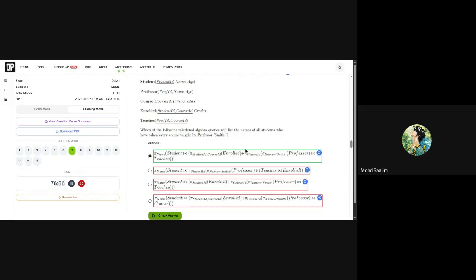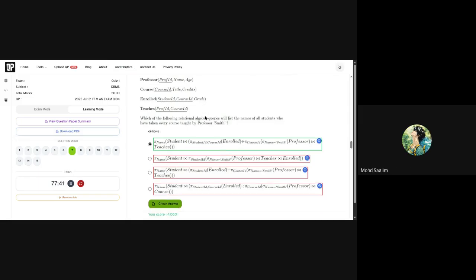What is this division operator doing? We are getting the total number of students divided by the total number of courses by that particular teacher, that is Smith. So we are getting the list of students by Smith. The first query is getting the total number of students. The second query is giving the courses taught by Professor Smith. So by division of that, we're getting the list of students who are taught by Professor Smith. This is just the course ID of all those courses taught by Professor Smith, and this is the student ID, course ID pair of enrolled status.